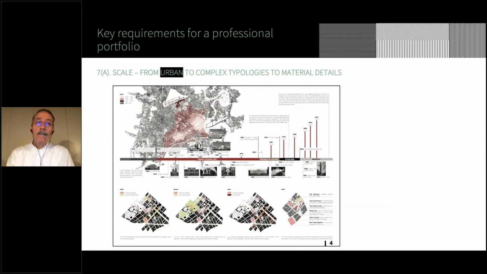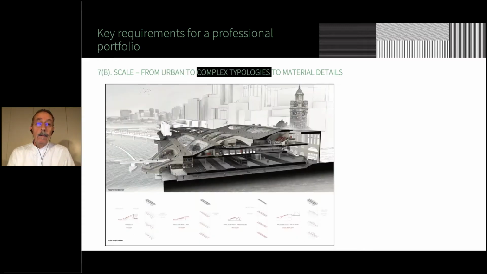And going from the scale of the urban to complex typologies to material detail. So ranging back and forth from looking at large scale, possibly urban design plans and urban relationships, and into more detail in terms of material details and such. And again, from urban to complex typologies to material details, having this really incredible image with a section so we can really understand what's happening in this train station and